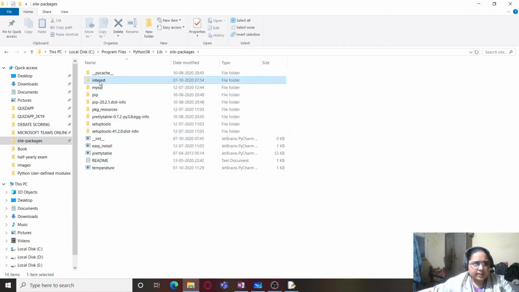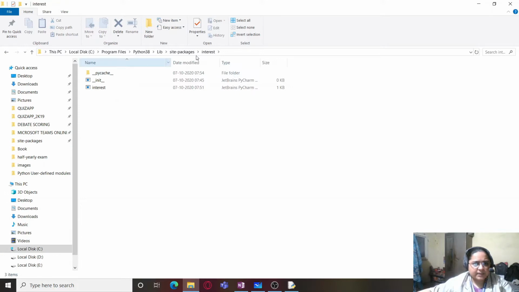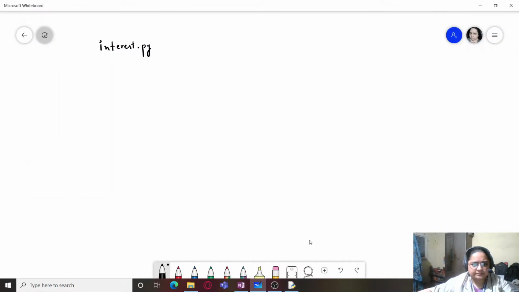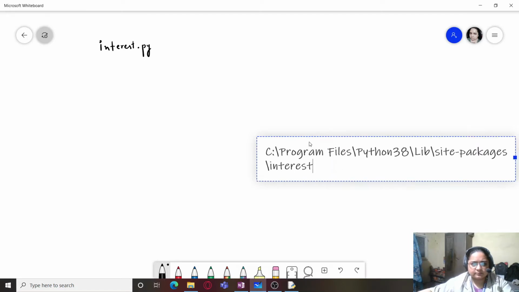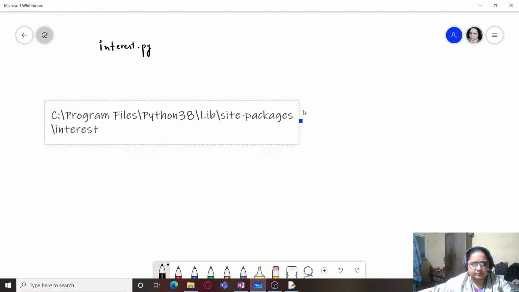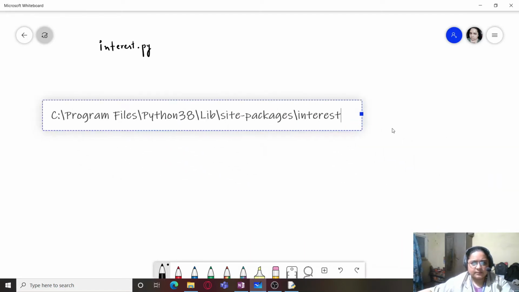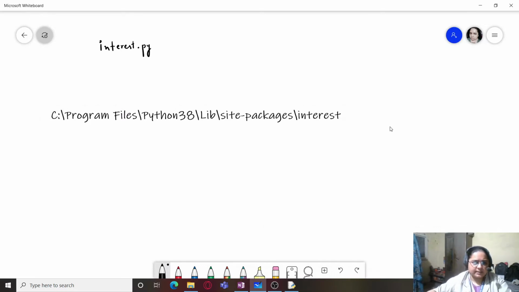This is the location where I have saved it, and you can see the location over here. I will just copy it and paste it here.